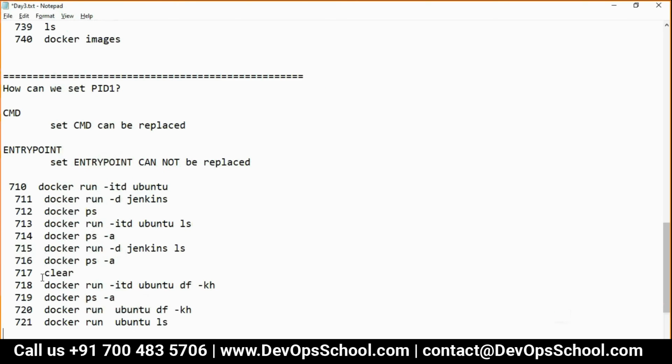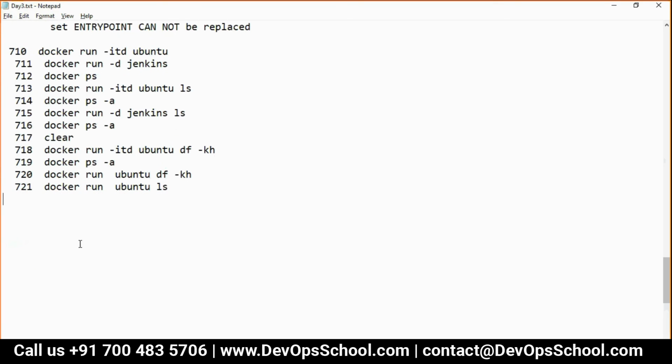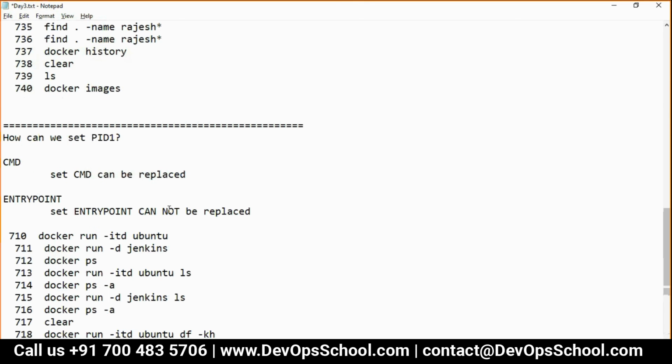So guys, this is the major difference. There are small differences also, that hardly matter. So which one to decide? You have to tell me. So guys, I will ask you a few questions. You have to answer me. What if we put two CMD statements in one file? What if you put two entry points?